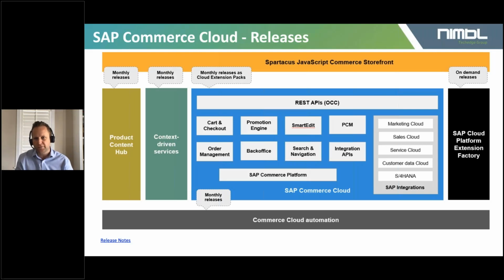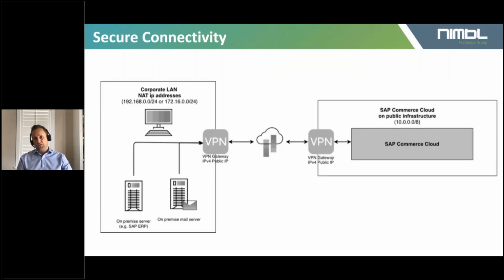So that's Product Content Hub on the far left. And then Cloud Platform Extension Factory, this is where we can build extensions to our solutions within the Commerce Cloud, and we will have a webinar coming up on that topic in the next month. So more to come. In terms of connectivity, one of the most basic questions I get is,